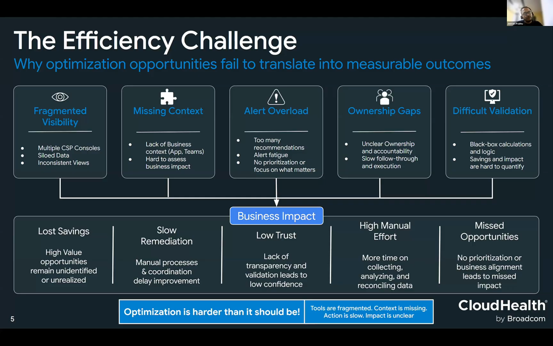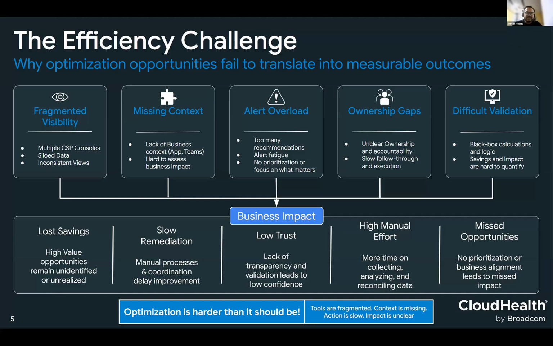But since you have too many recommendations, you would not really be able to prioritize, right? Let's say you can save an amount X by investing in purchasing an RI, but at the same time, there might be an active anomaly which is ongoing, which may be costing you 3x, right? So obviously, you would have to address that first, because you can still have some time to make a purchase decision of RI, right? So how do you prioritize it, right?